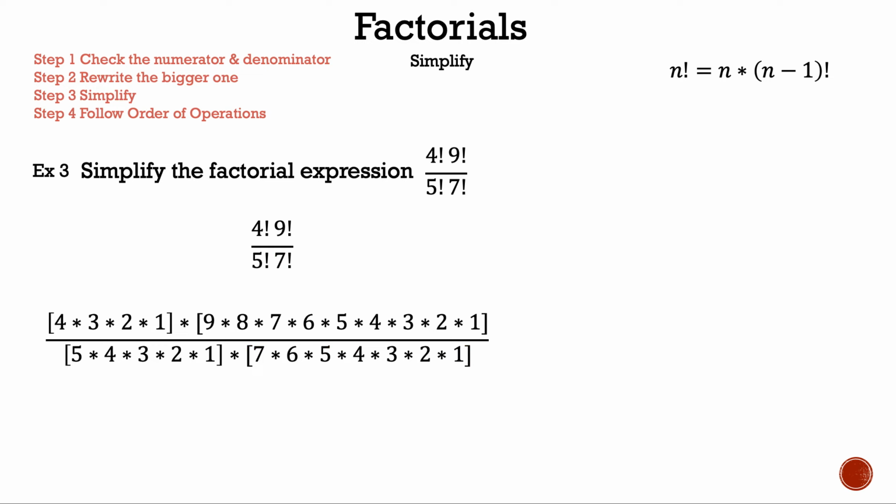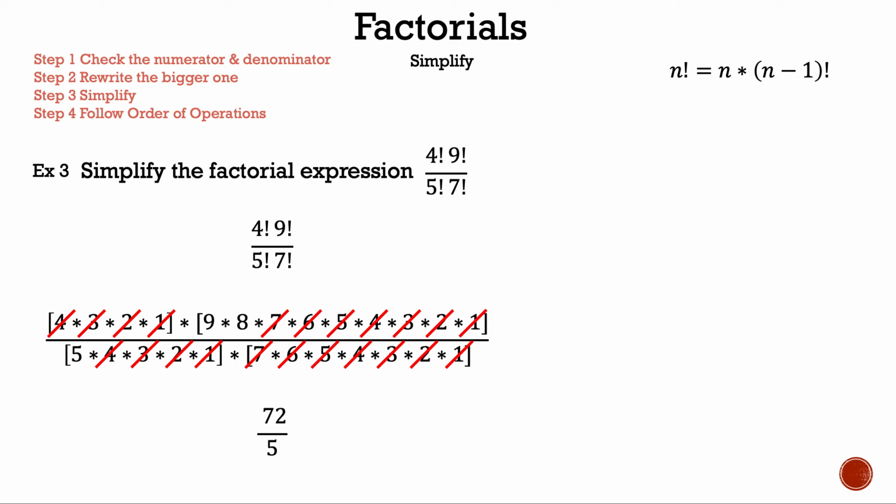And that is using definition 1 to simplify that expression. Now, let's cancel out some whole numbers. So we can cancel out 4, 3, 2, and 1 in the numerator and the denominator. We can also cancel the 7, 6, 5, 4, 3, 2, and 1 in the numerator and the denominator. So we're just left with 9 times 8 in the numerator and 5 in the denominator, which is 72 over